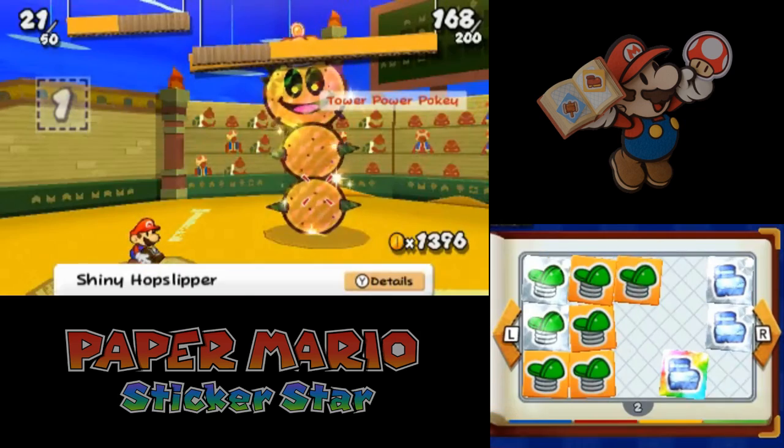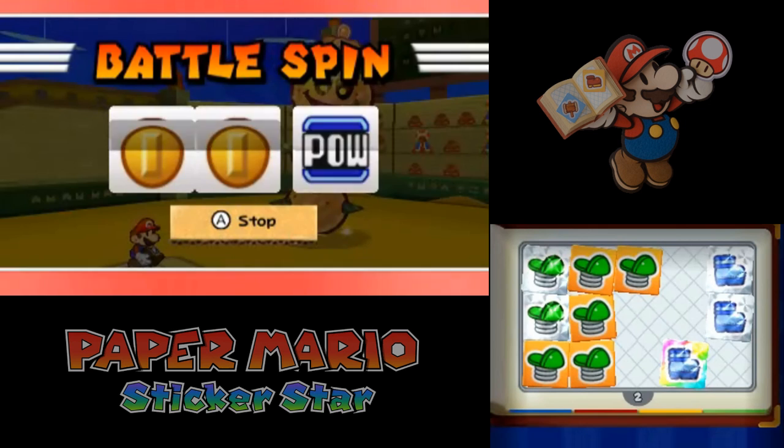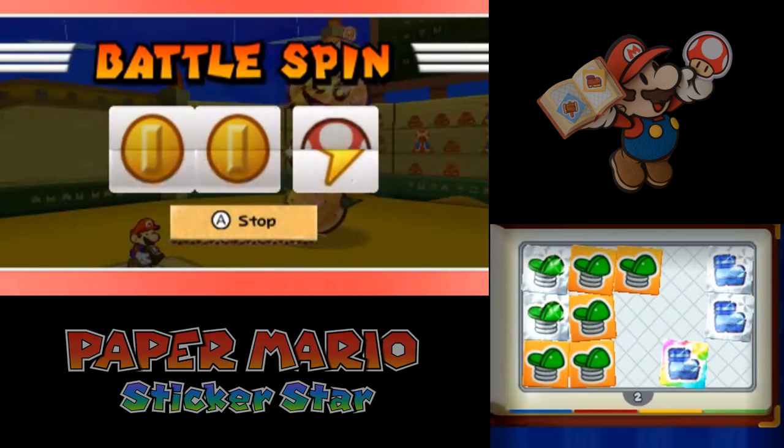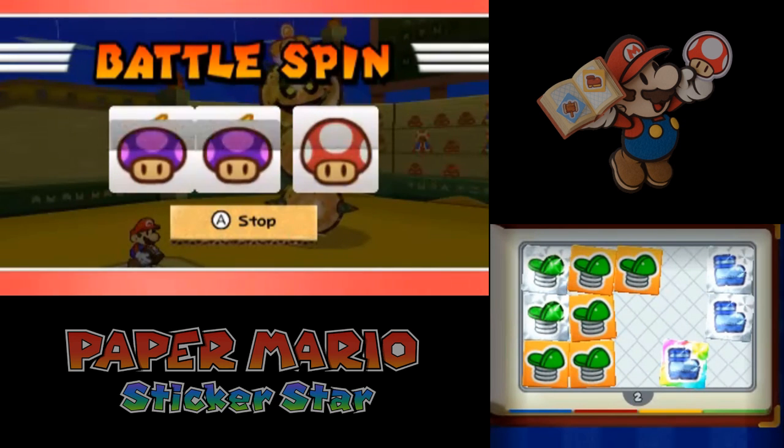Anyway, let's go ahead and load up another slot thing here. And let's go for another Power Block, because, like I said, that is the powerful strategy of this game. Hang on, I'm losing track of what...